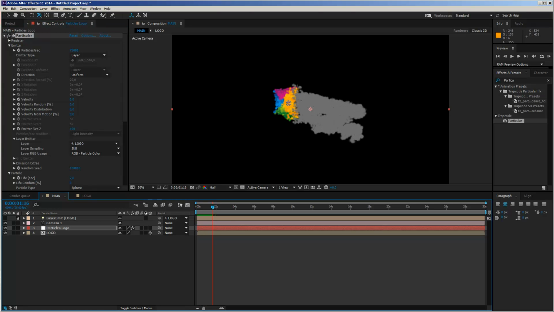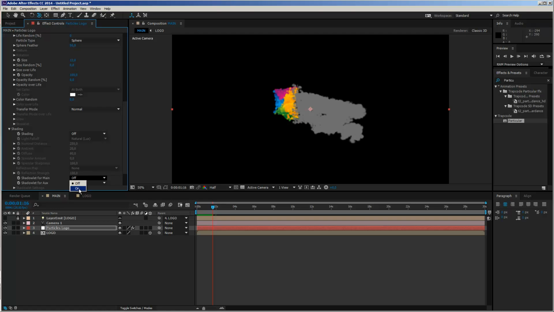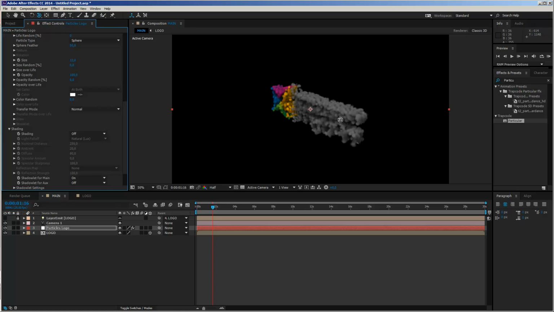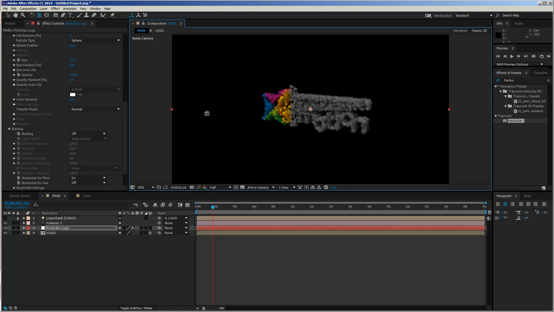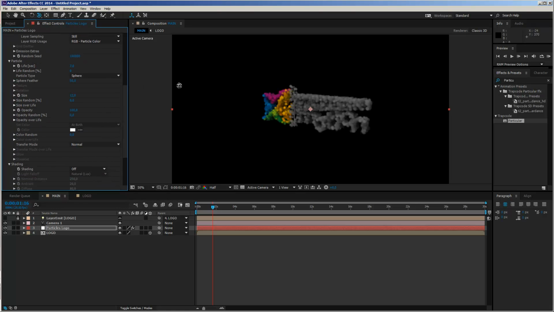So to make this a little bit more obvious that it's 3D, I want to turn on the shadowlet of the particles. And therefore, we move down to our Shading tab. And here you see shadowlet for main particles, and this is exactly what we need. Turn this on, and now you see that we have this cloudy look, so it's some kind of ambient occlusion effect actually. And what I want to do now is I want to change the look of the particles a little bit, because now they are like feathered out spheres, and I want to make them a little bit more obvious. I reduced the feathering to 0 for now, so we have full bold particles.